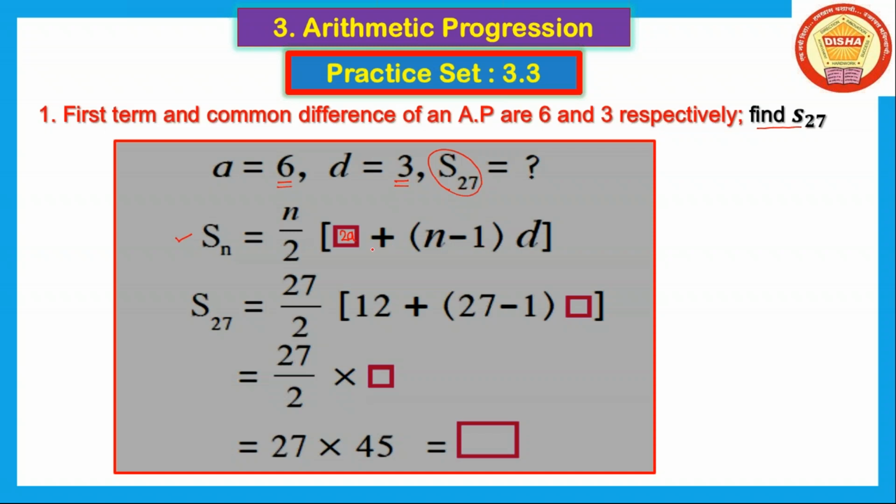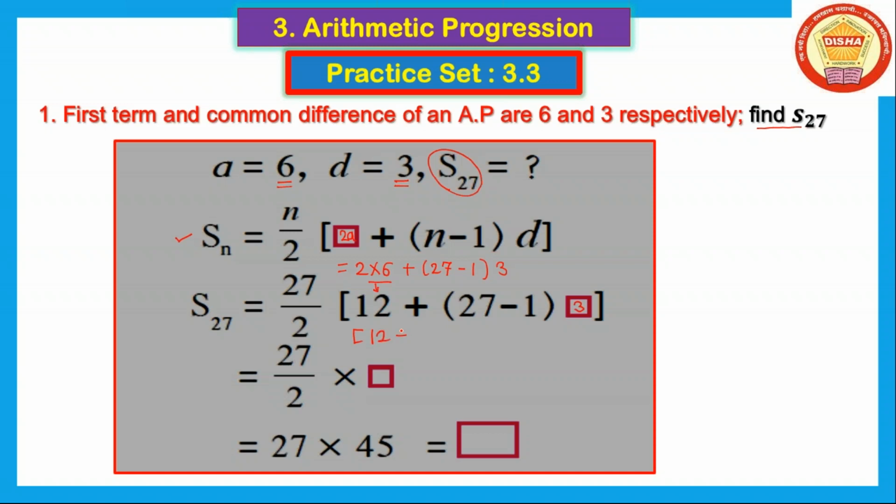So we use the formula Sn is equal to n upon 2 in bracket 2a plus (n minus 1) into d. Then we put the values here: 2a means 2 into 6, plus the value of n is 27, 27 minus 1 into the common difference, which is 3 here. Means we directly write in the next step 27 upon 2 in bracket 2 sixes are 12 plus (27 minus 1) into 3. Then in the next step we write 27 upon 2 as it is, and first we simplify the given bracket.